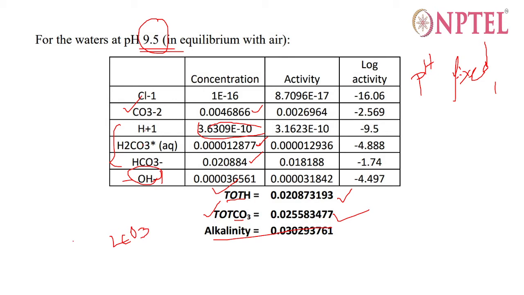Then from HCO3 also you can write HCO3 because it can take up one hydrogen ion, but not H2CO3 in case of alkalinity, right? It cannot take any more hydrogen, as it can give hydrogen ions, but cannot take hydrogen, right? So similarly, you have to write this alkalinity formula, put the concentration, put the values,